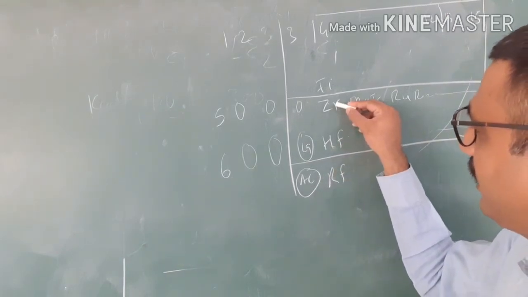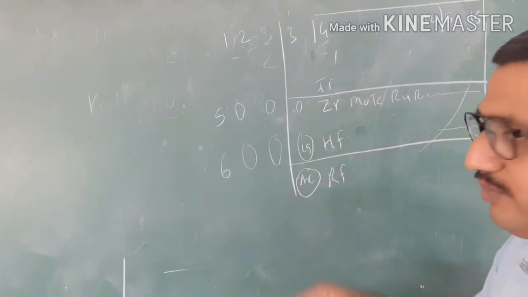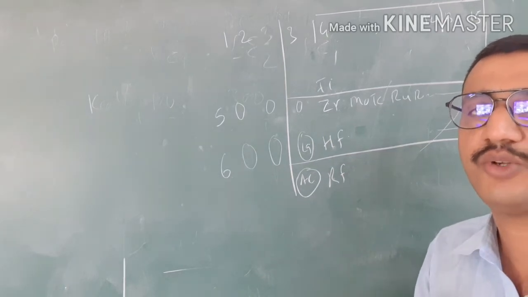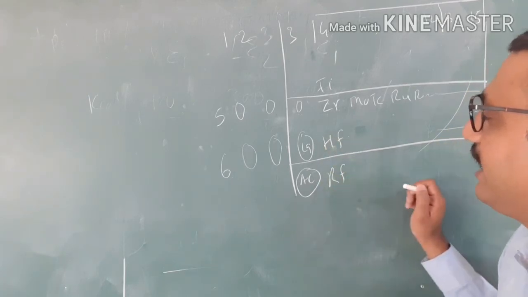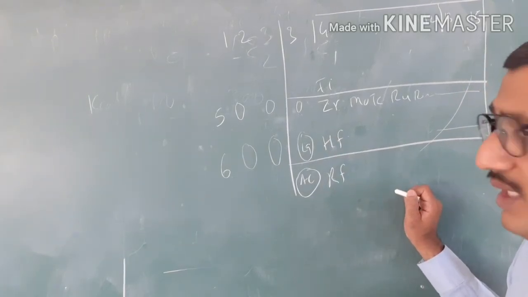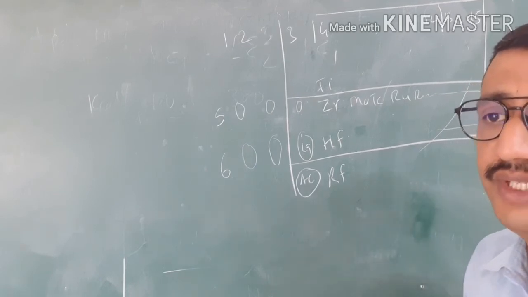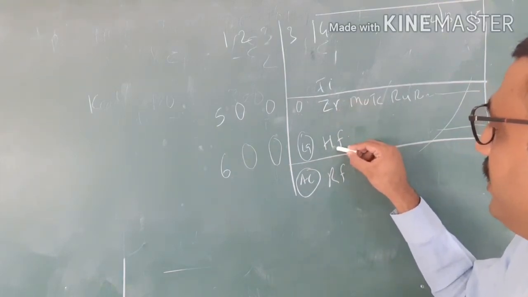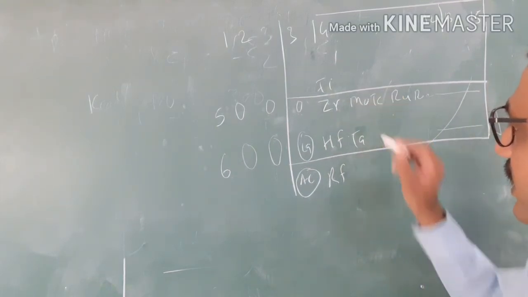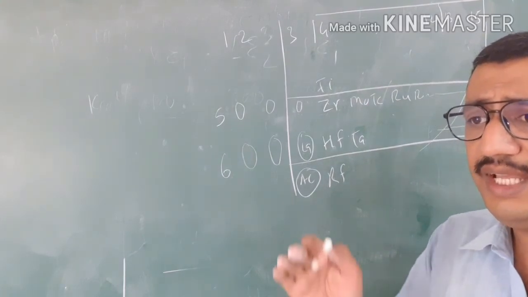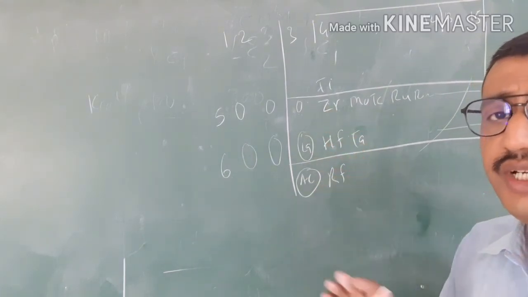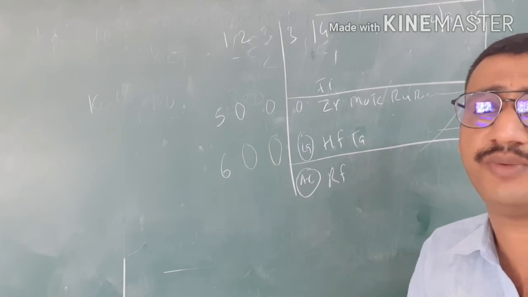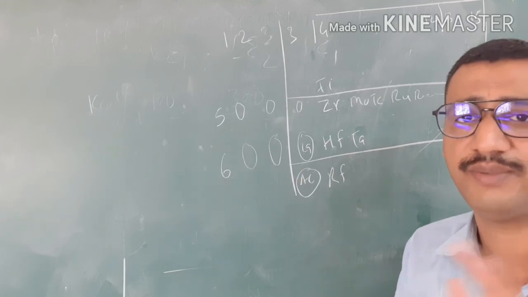What we are thinking is that as the size increases, the ionization potential value should decrease. But we know that because of the lanthanide contraction, for these elements, the size didn't increase significantly. Nuclear charge increases significantly if we compare zirconium, hafnium, or molybdenum, tantalum. If we compare them, we'll see their atomic size does not increase significantly, and the ionization potential value increases. This is exceptional. I took some time here to explain this one.